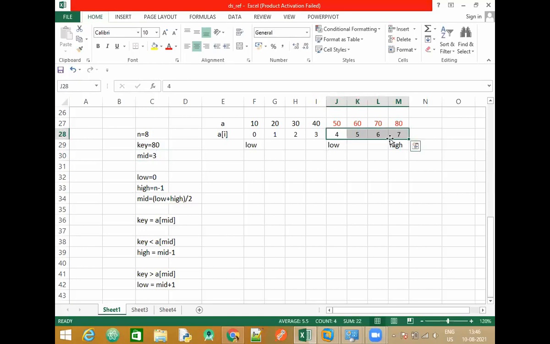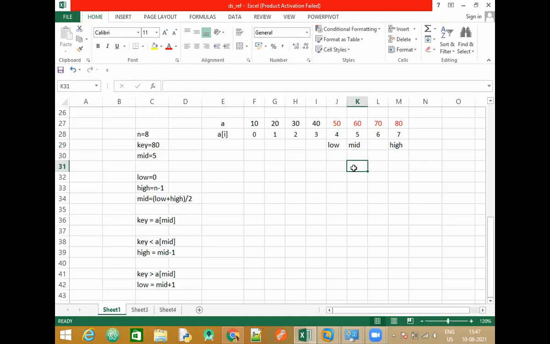So in this array, do you have the value of mid? You have to calculate the value of mid once again. What is the formula to calculate the mid? Low plus high divided by 2. So tell me, 4 plus 7 divided by 2. 5.5, which means we shall consider the integer part, that is 5. So let us replace the new value of mid here. This is the new value of mid.